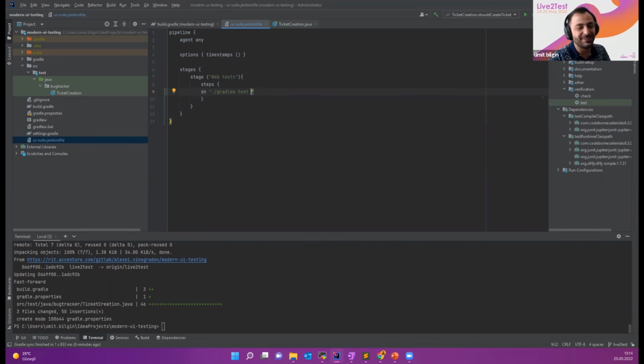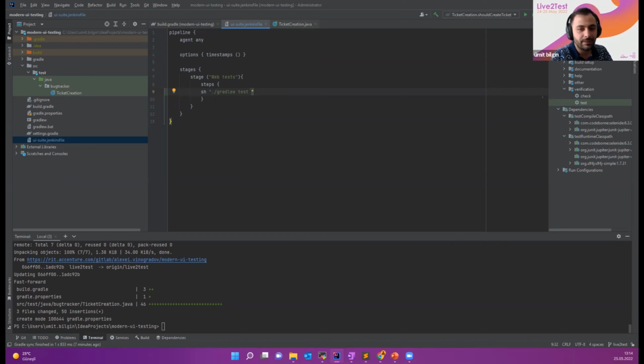So it's the browser itself. There's no browser installed on the Jenkins machine, so we need to either install a browser or define a remote browser to access and use. In our case, we are going to use a remote browser that's already prepared in advance by dear Alexei. So we need to pass this remote address of the browser in our test command.